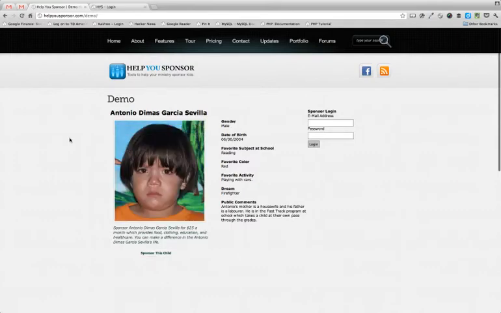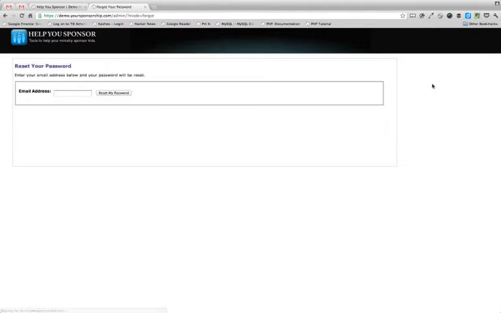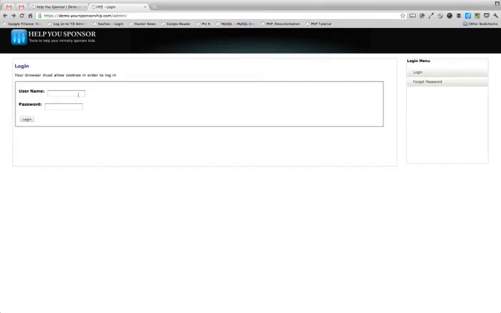Next, we'll go over to the administration. And the first thing to point out here is a new link on the side that says Forgot Password. If one of your admins forgets their password, they simply need to click on that link, enter the email address associated with their account, click the Reset My Password button, and a new password will be emailed to them for logging in. Now we'll go ahead and log in,